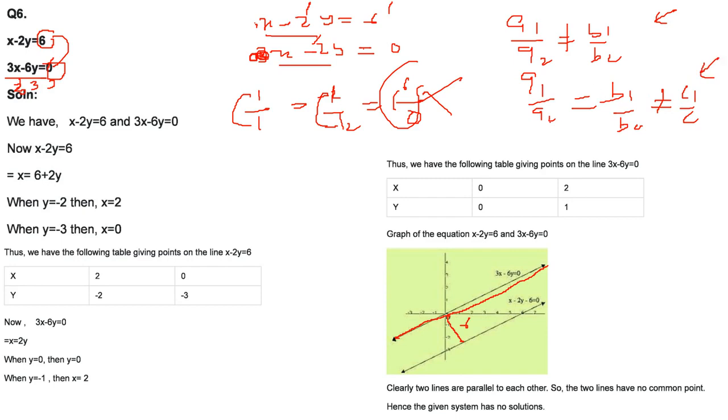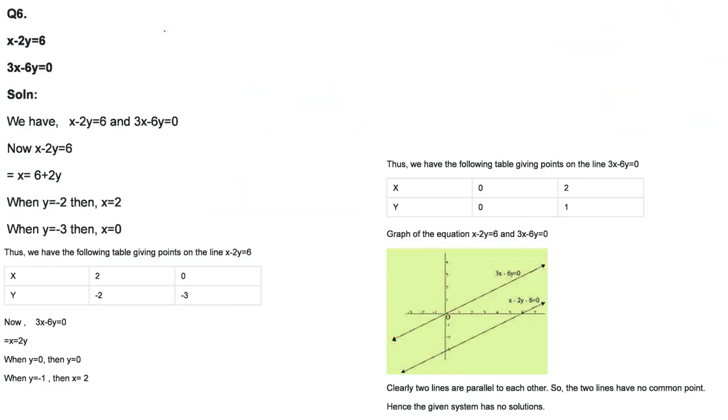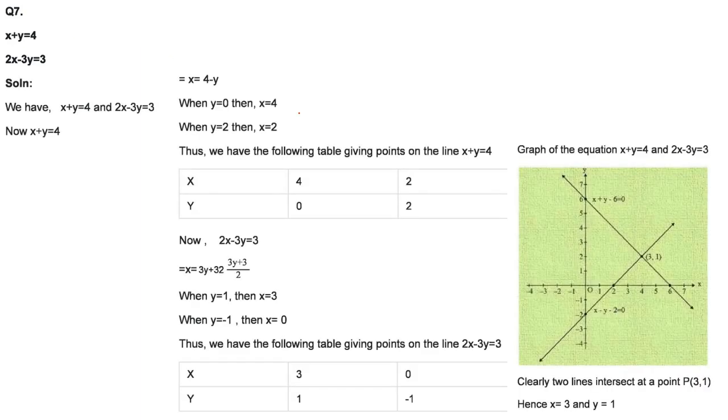But if a1 by a2, b1 by b2 and c1 by c2, they all three are equal, that is this equal to this, that means these two lines are coincident. That is, the first line is this one, so the second line will be exactly above this, that is, the same lines will be there. That means that we have infinitely many solutions. If you see this equation, again we are going to solve this, so there will be a proper solution, and I hope that you have learned how to make a line, and these are the intersection points.